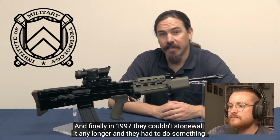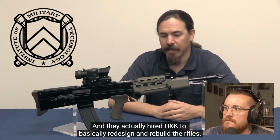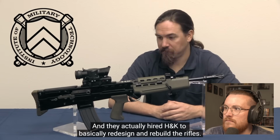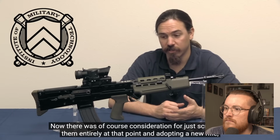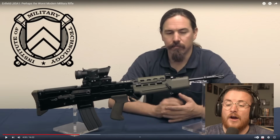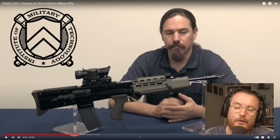And finally, in 1997, they couldn't stonewall it any longer, and they had to do something, and they actually hired H&K to basically redesign and rebuild the rifles. Now, there was, of course, consideration for just scrapping them entirely at that point and adopting a new rifle. I know that the A2 and the A3 variant were relatively decent, but I think they should have